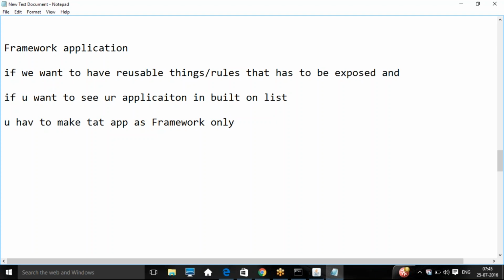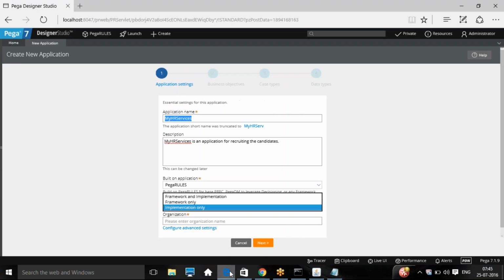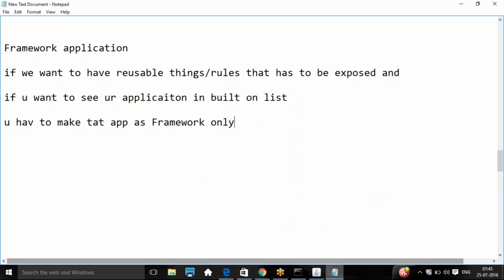Now coming back, there is another option called implementation only. It's quite the opposite of framework only. That means if